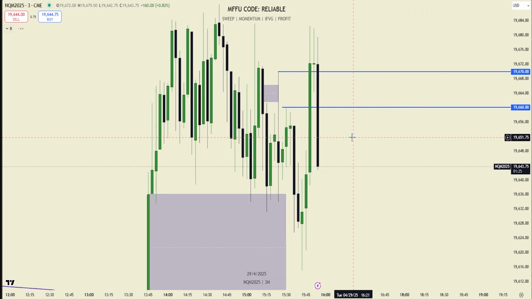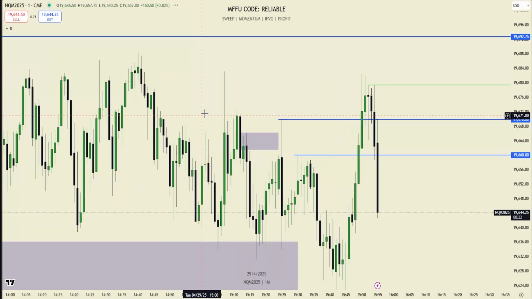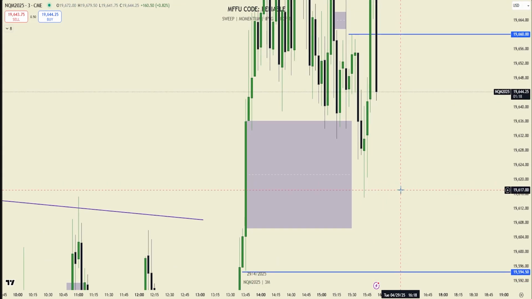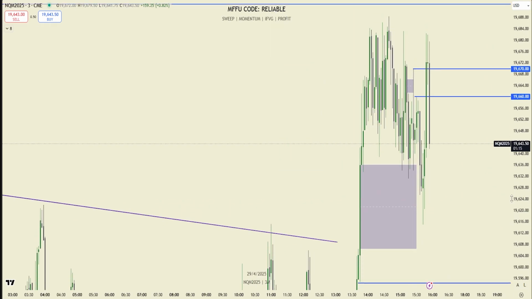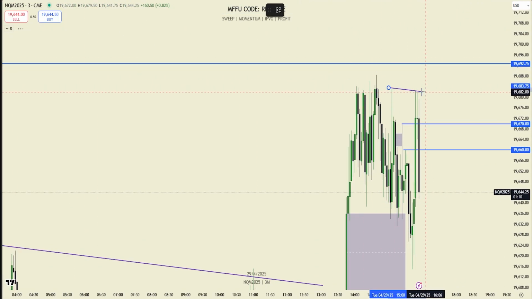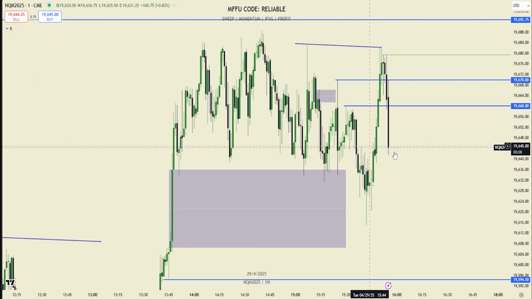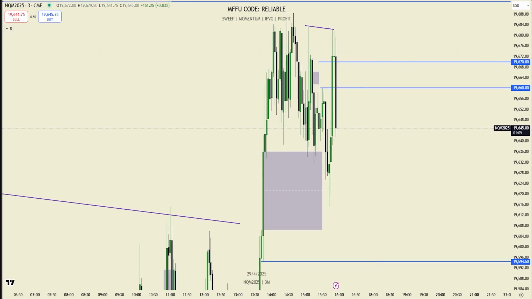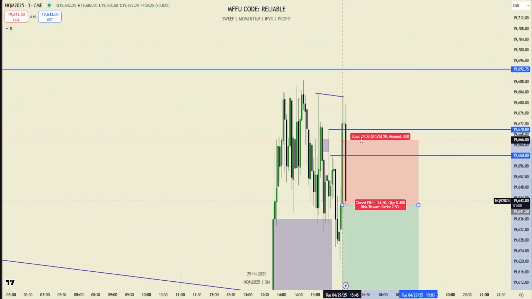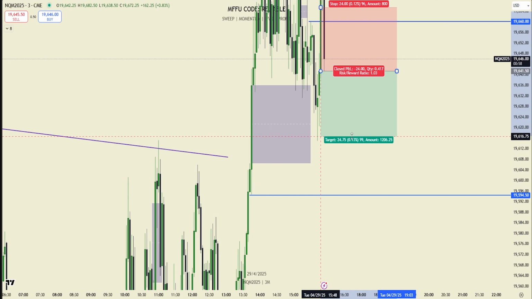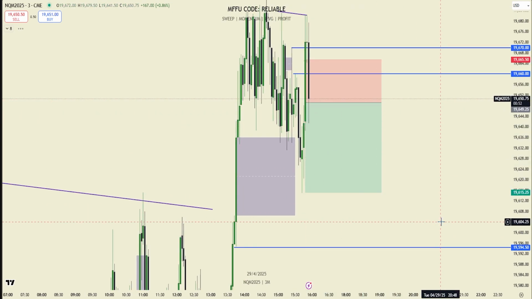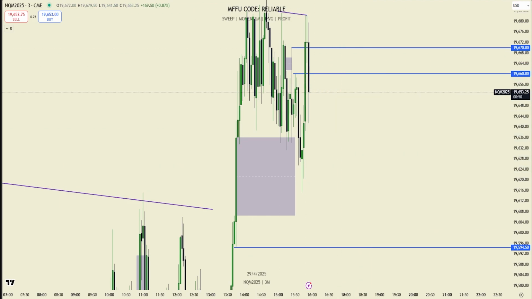Okay, now this would be the best setup of the day if it wasn't after 350. These 350 setups can be pretty manipulated. If there was a good draw on liquidity below and we weren't targeting like this low here, this would be a good short. I do like the fact that we have this SMT here, and maybe the short does end up working out to the low, but I need a better draw on liquidity, and I think even to the low here, it might not even be 1-to-1. Let me check. Yeah, just to the low here, it's about 1-to-1 if we even get the close below. We'll see.